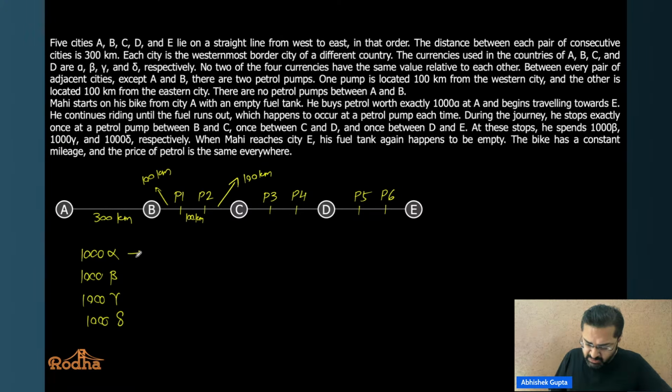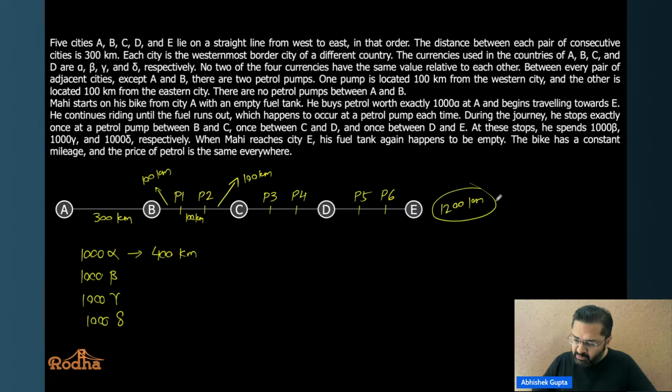I am saying, let's say he travels 400 kilometers because of this. And 400 kilometers means what? If this is 400 kilometers, then his bike must have run out of fuel at P1. Now this 400 kilometers, what is it? What is the total? If you look at it, this total is 1200 kilometers. If you want to just think of it like that, I can just write that also. This is 1200 kilometers. This is the total, right? Now this further 800 here, he has to cover this after this as well.